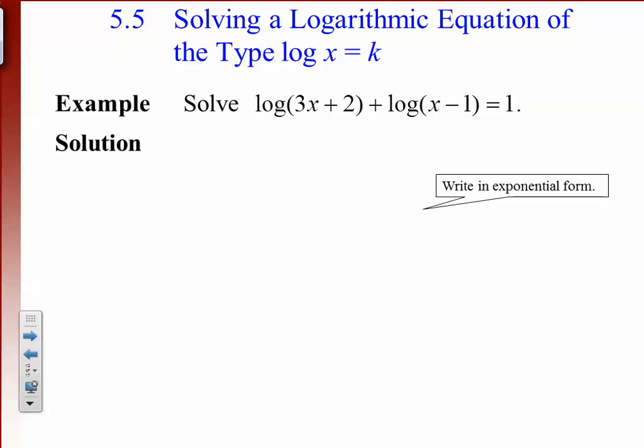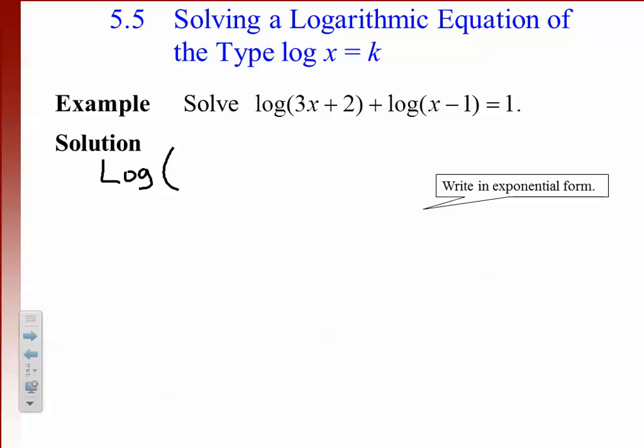Okay, the other type is these where we have logs. These are the same base, equals some number, equals a constant. That's what the k up there means, a constant. Okay, so since these two things are added together, we're going to write them as products first, right? So we can write